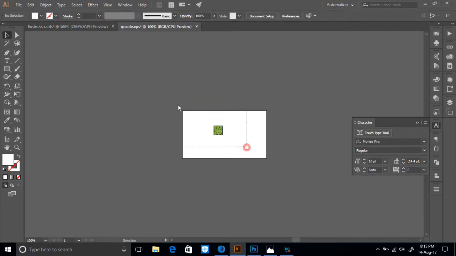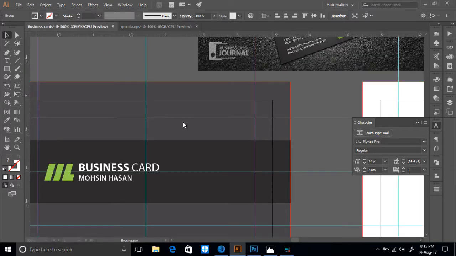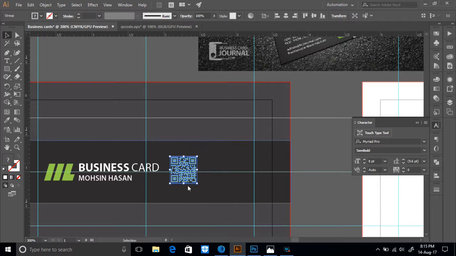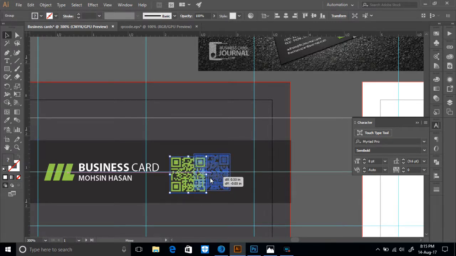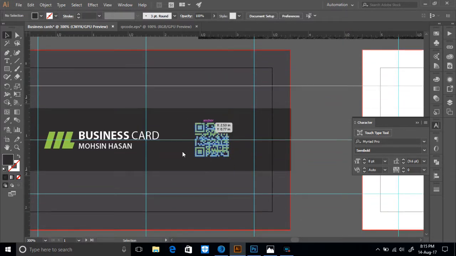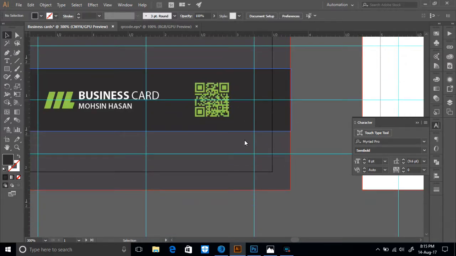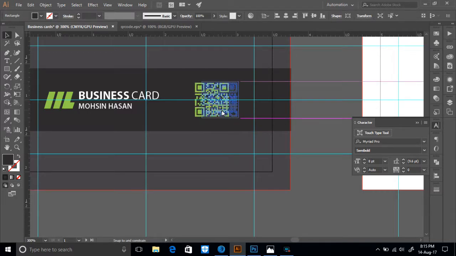Just hold your whole QR code, and drag it into your next tab where you're working. Press on it, make it a little bigger, put it here and align it with your artboard. Okay, you see this actually blends into your artboard because you are using the same background as this artboard. So I'm pretty much done designing the first